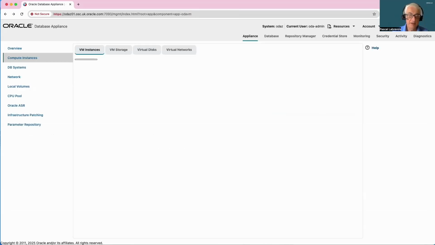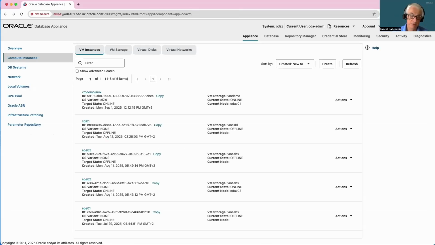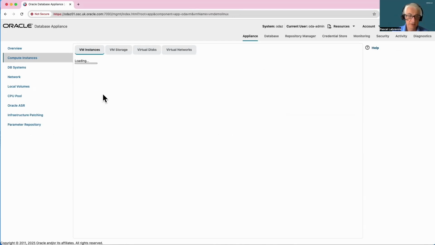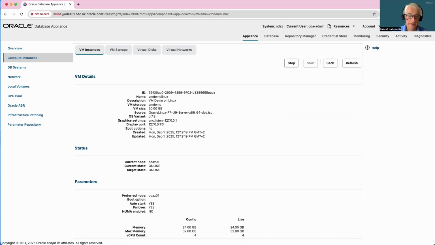I can see the details from the console of the Linux VM just created. So it is online, and you can see the VM storage, the VM size, actually the boot disk size, the ISO file for the installation, and most importantly, the VNC port that I can connect to start and finish the configuration of the VM on this operating system.